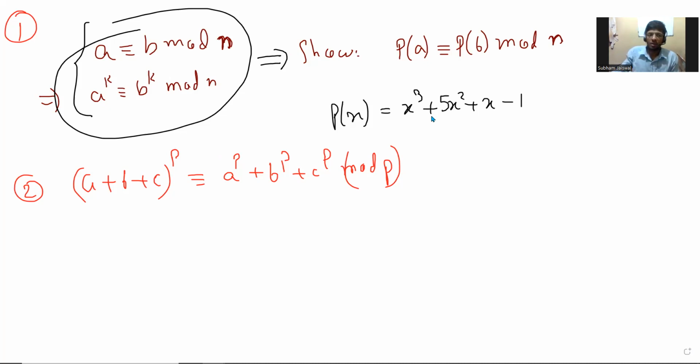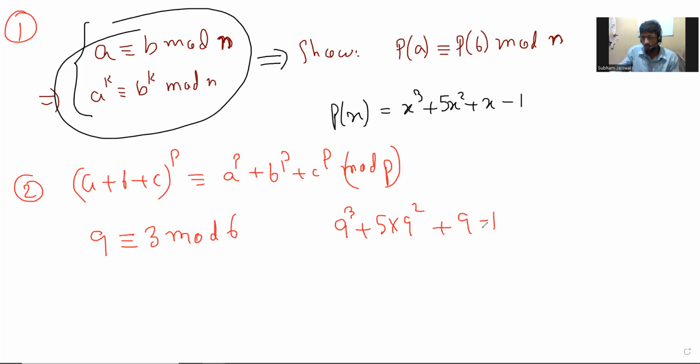What I want to say is that if A is congruent to B mod n, then this is true. Let me give a small example. Let's say that 9 is congruent to 3 mod 6. Then I want you to show that 9 cube plus 5 times 9 square plus 9 minus 1, which is P of 9 for our polynomial, a general polynomial substituted at a point,